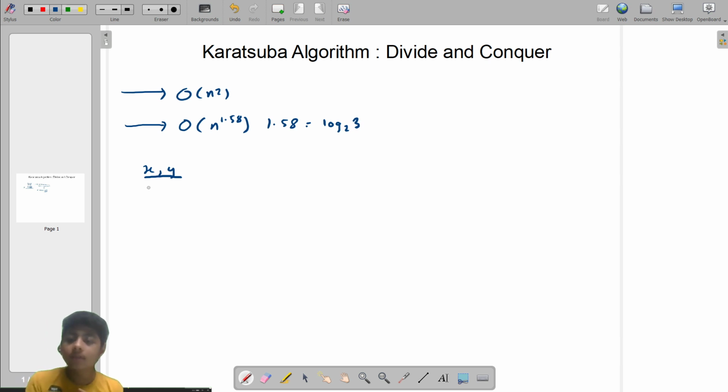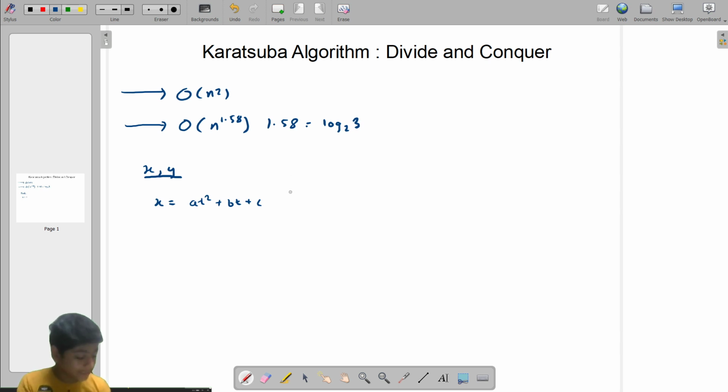Now, if I consider x and y to be two numbers, then I can say with surety that x would be equivalent to some polynomial. By polynomial, I mean we could write it in such a way, 10a plus b, or any such way. So instead of this, if I say it in a general manner, we can say it will be equivalent to at square plus bt plus c.